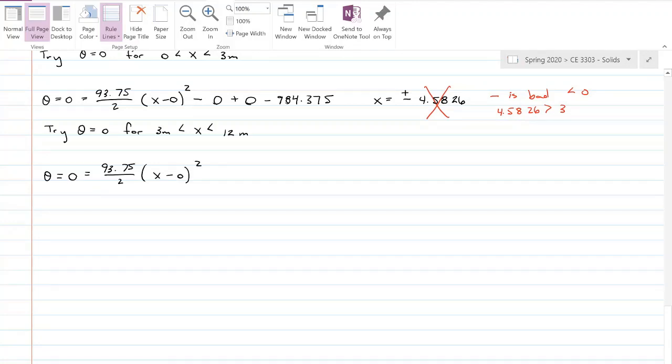All right, and then we've got minus 125 divided by 2 times x minus 3 squared, because it should be greater than 3, so it's greater than a, plus it's still less than 12, so this last term is 0, plus c1, which is minus 984.375,